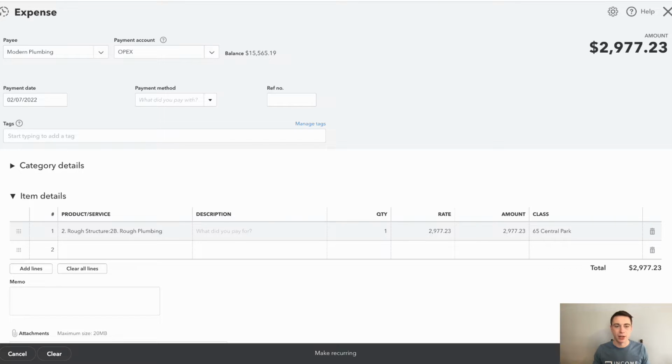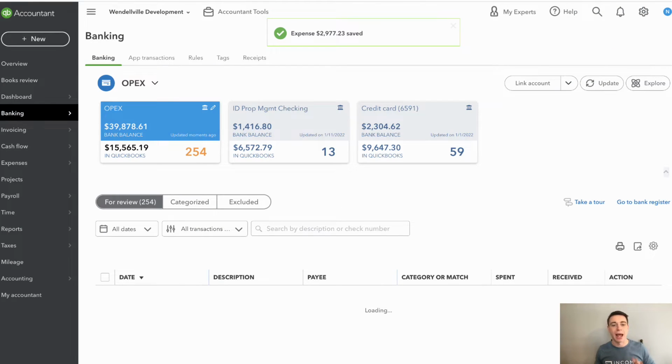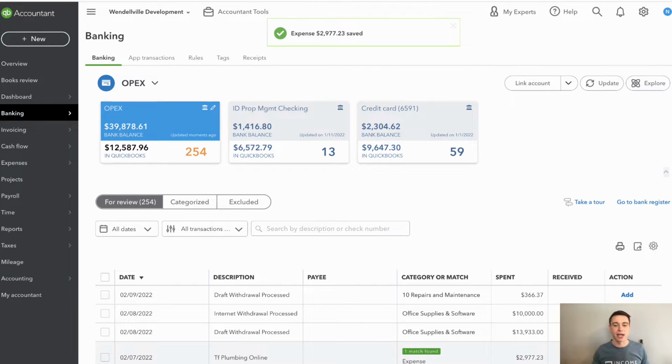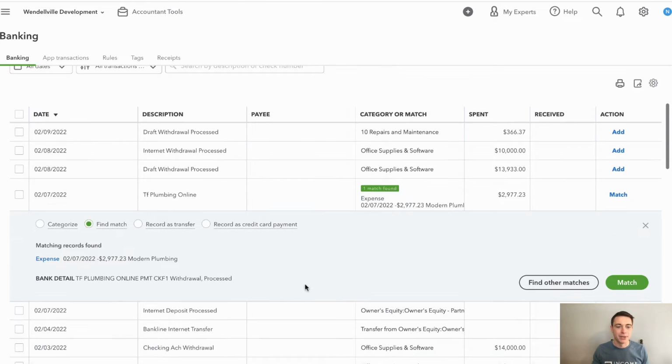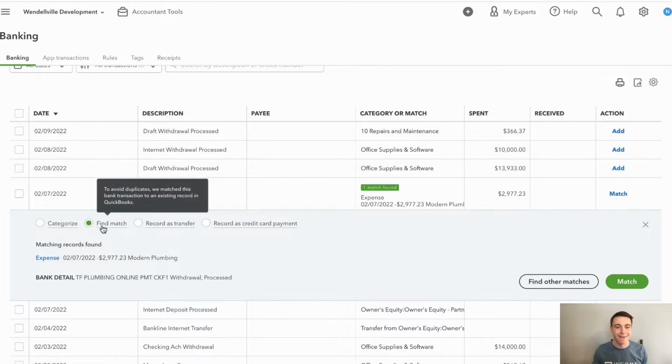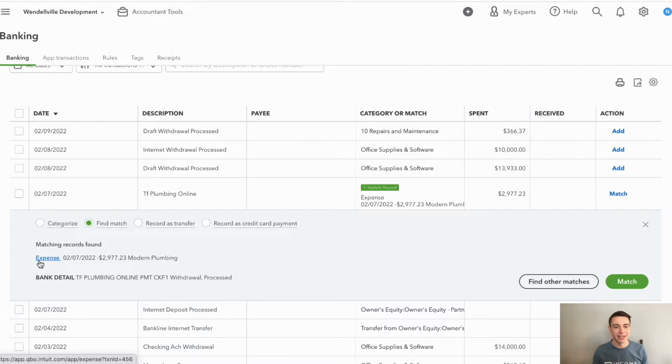Now, when I save and close this, here's where, again, we get confused a lot where we think, I don't want to double enter this, right? I don't want to enter it again. Notice my QuickBooks balance changed when I did that, and this transaction turned green. And now when I click into this, notice how QuickBooks is suggesting I match it as opposed to categorizing it. This is very, very important. The expense already exists. QuickBooks has recognized that the amount of an existing expense matches exactly this expense coming through, and it's suggesting that we